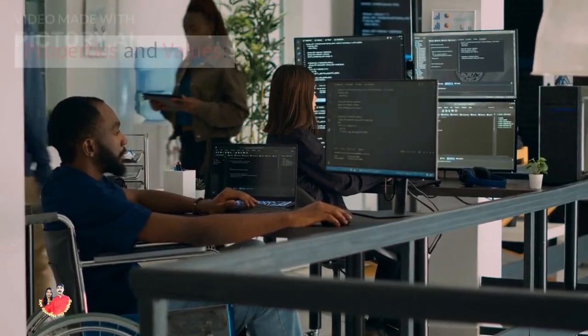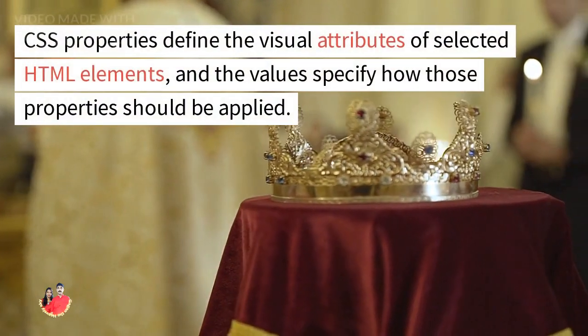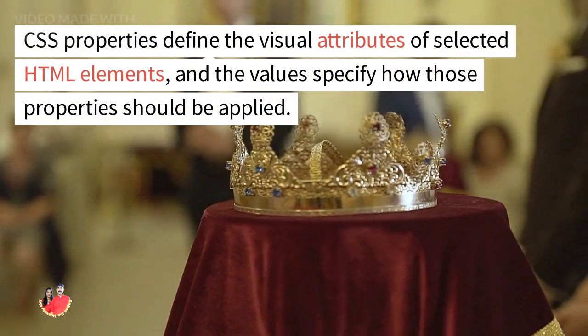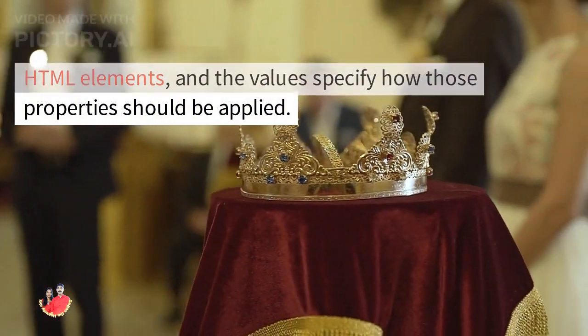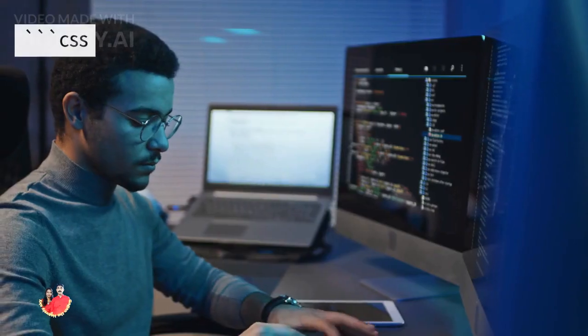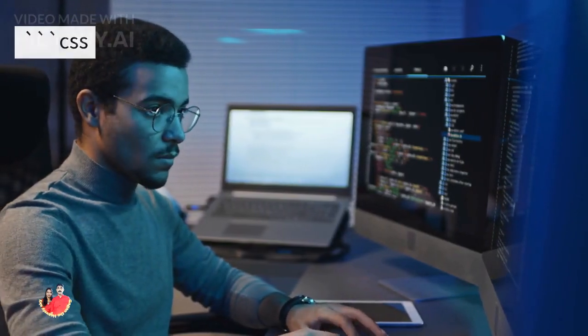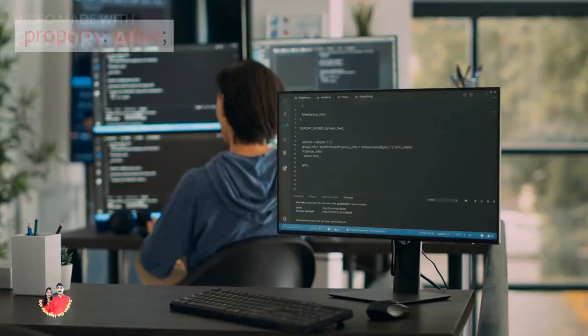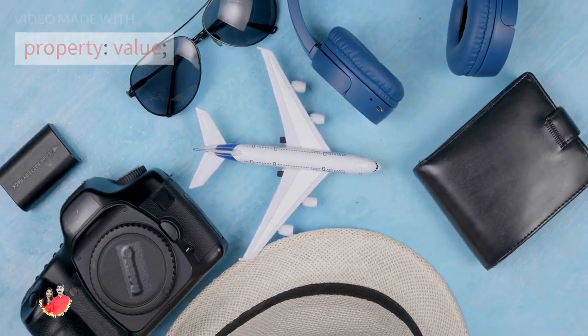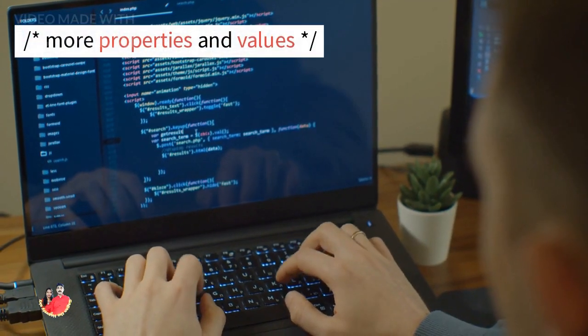Properties and values. CSS properties define the visual attributes of selected HTML elements, and the values specify how those properties should be applied. Here's an example of the syntax. CSS: selector { property: value; property: value; /* more properties and values */ }